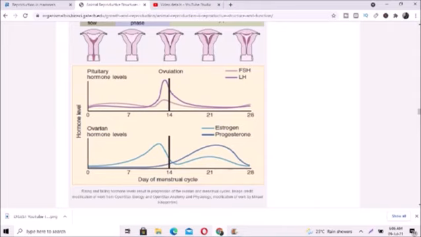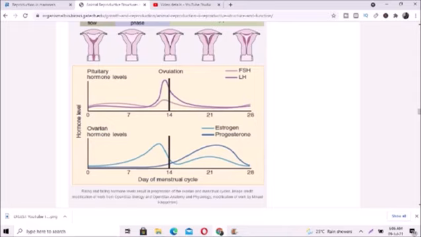Menstruation can take place in 22 days. The menstrual cycle can run for 22 days. The menstrual cycle can run for 32 days. So it's a range between 22 to 32 days. But the average is 28 days. So it is 28 days plus or minus